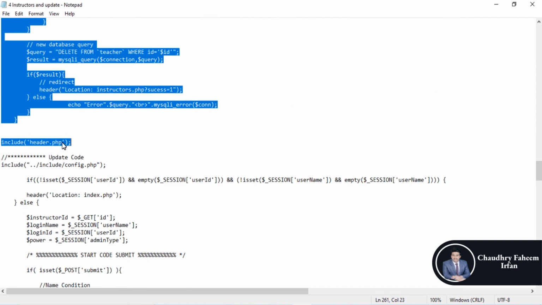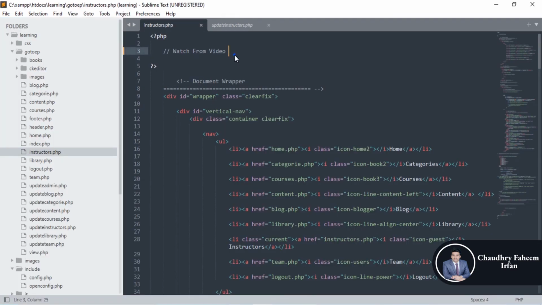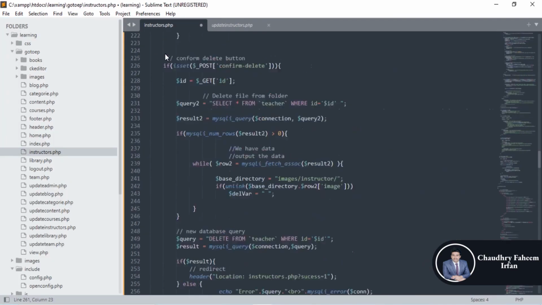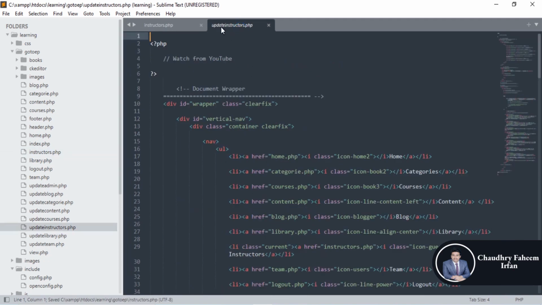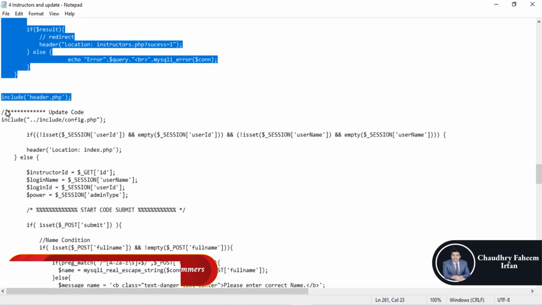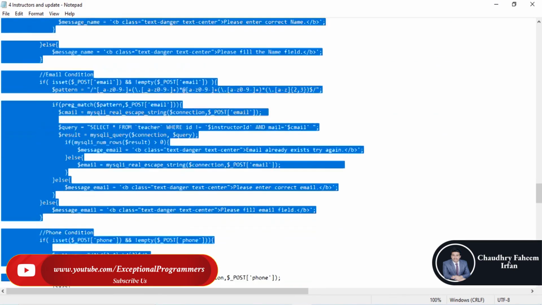Copy the code above the update code, paste it here and save it. Then for update instructors, copy the code till the end of the file.